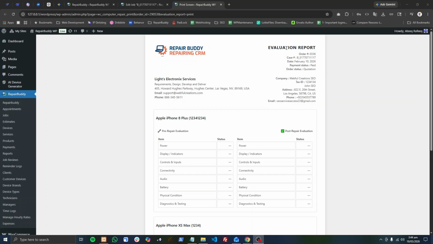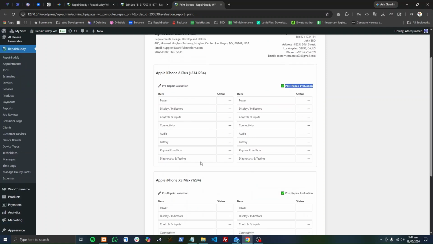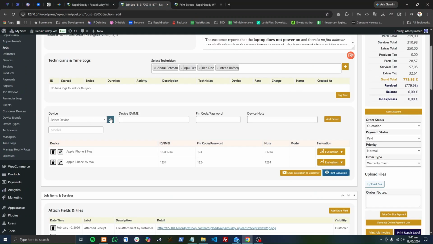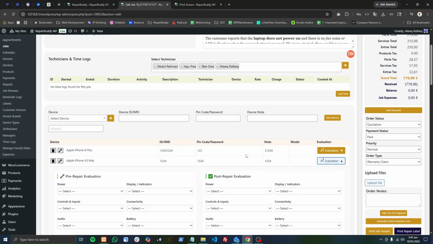Hello. All right, so evaluation report, and there are two options: repair evaluation and post-repair evaluation, which helps you and your customer to identify the condition of their device, or whatever you are repairing, before and after repair. Let's say that you are repairing phone devices. Since you can repair anything with RepairBuddy, but while you are repairing phone devices, maybe you have options which I